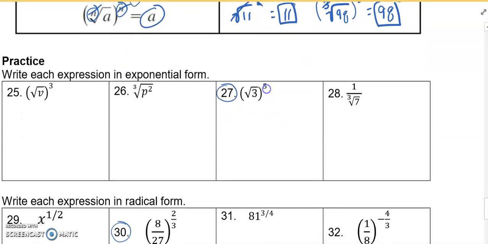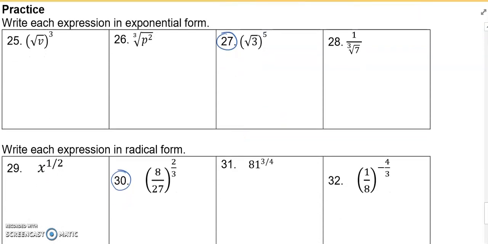So that's it for the notes. I'll do a couple examples. If you feel comfortable, go ahead and log off and try these. But